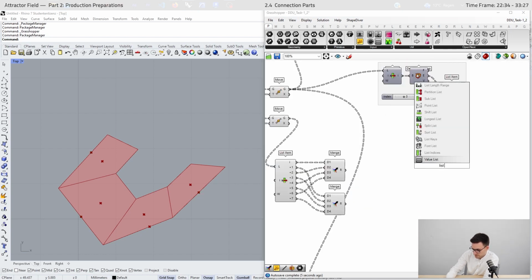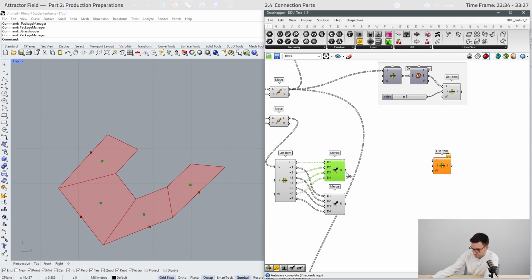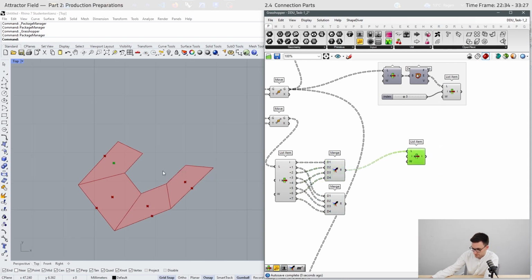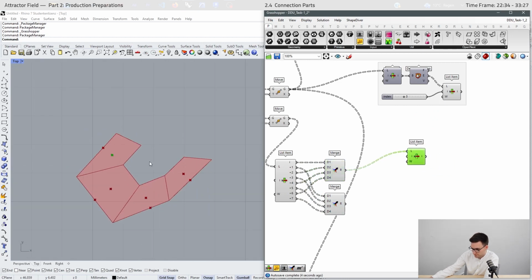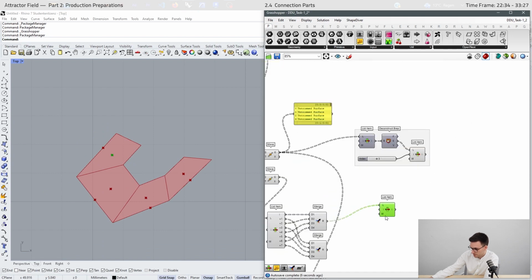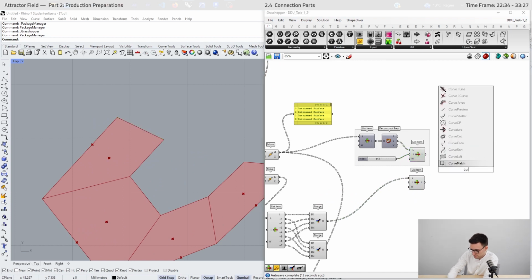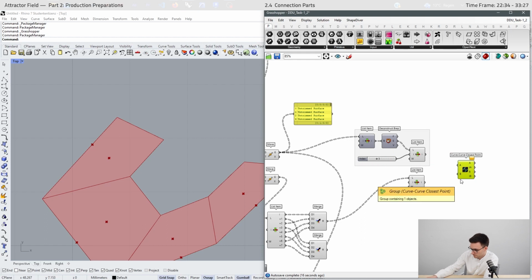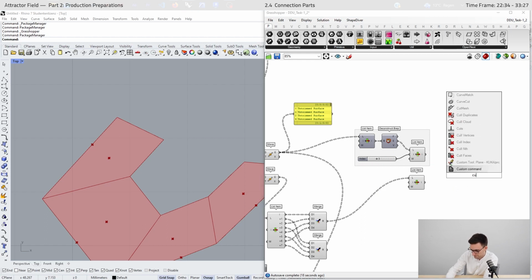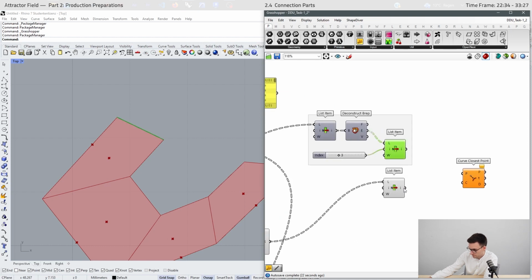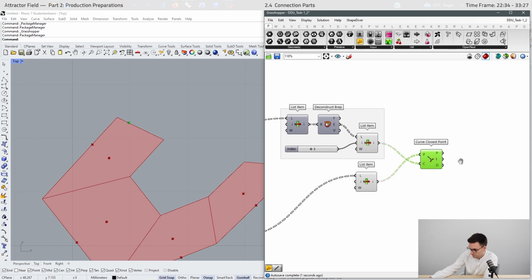Now when we use the list item component, these are the first centroids. We can use them right here. So we have here the centroids and the edge. Now we will use curve closest point, and project the point towards the curve.